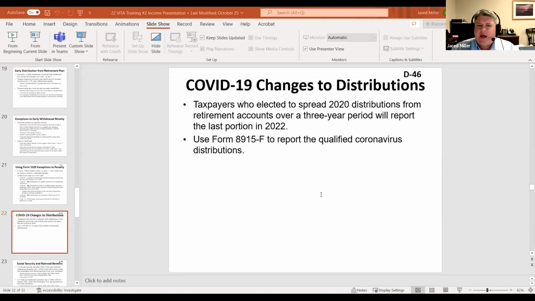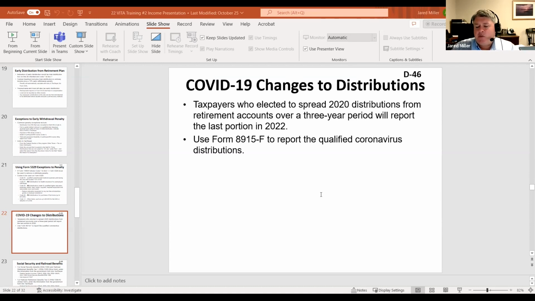One last change we have within the retirement account. For those of you who have been preparing returns for a little while, back in 2020 during the start of the pandemic, the government had a change in the distribution rule. So if you were impacted by COVID, if you had COVID, family members had COVID, there was some sort of income uncertainty, and you took money out of your retirement account, the government for that year had waived the penalties as long as you took up to $100,000. And they also allowed you to spread the inclusion of that distribution income over a 3-year period.